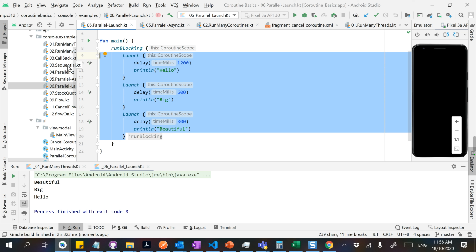So to summarize very quickly, coroutines are a very powerful alternative to threads and callbacks. We don't need to use callbacks. They are much lighter weight and much faster than threads. They allow us to launch jobs and cancel if we want to. If we launch a job using a view model scope or activity or lifecycle scope, those jobs will be automatically canceled when the view model is destroyed or when the activity is destroyed. The other thing is we can run things in parallel. So these are the advantages of